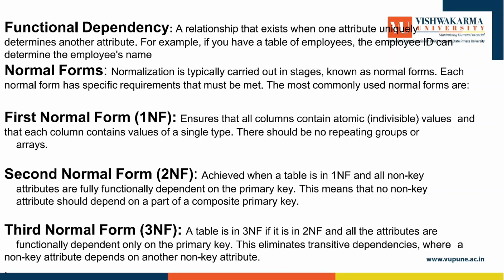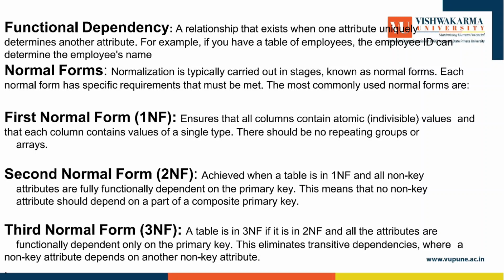For example, if you have a table of employees, the employee ID can determine the employee name. Second one is the normal form. Normalization is typically carried out in stages known as normal forms. Each normal form has specific requirements that must be met. The most commonly used normal forms are: first normal form, 1NF, ensures that all columns contain atomic, individual values